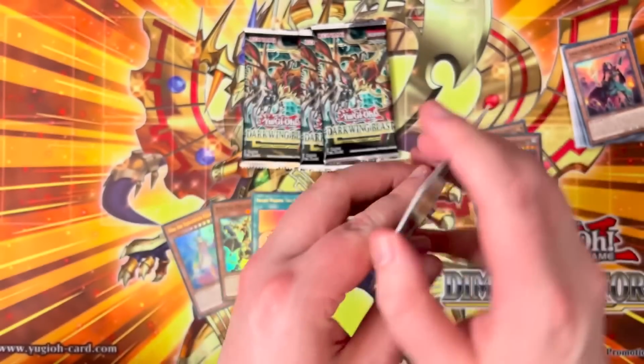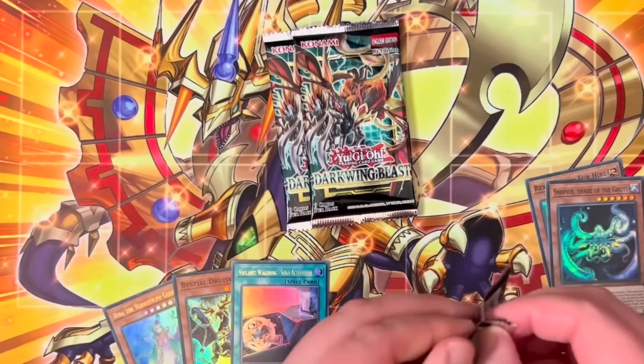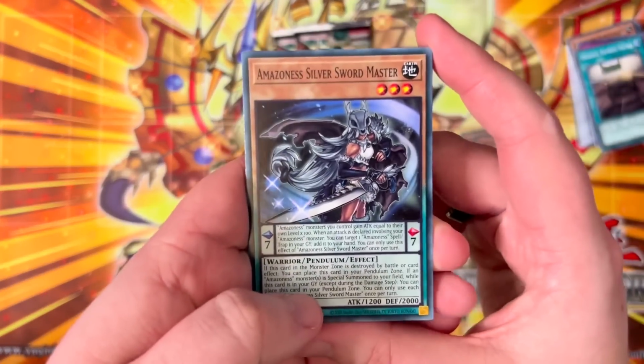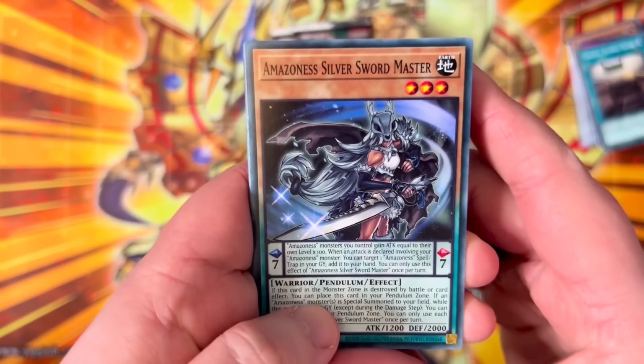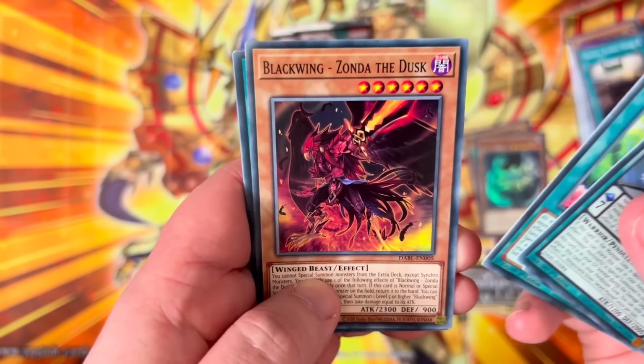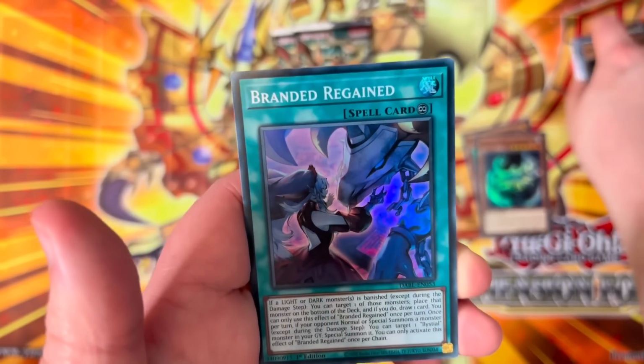We'll go with Noodles again. Let's go. Honestly, if the rest are supers, I won't be too surprised here. 2 Ultras is probably what you would expect. I mean, even just 1, to be honest. We got Silver Sword Master, Tilting Trains, Vernisylph in Full Bloom, Black Wings Onto the Dusk, and Spell Card, Branded